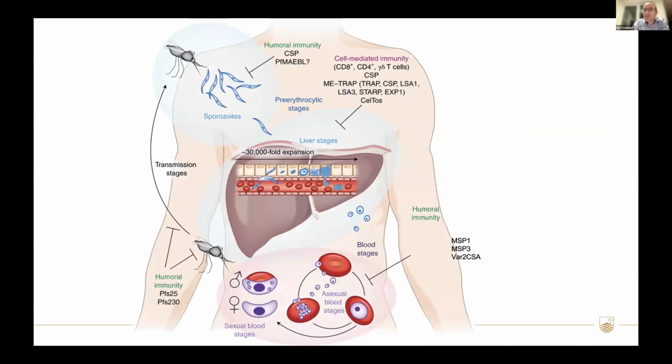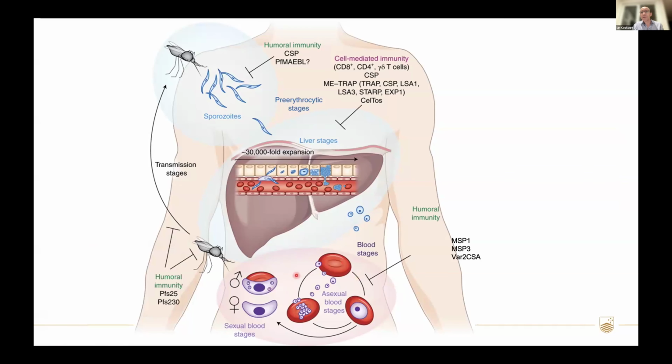My background is actually not really as an immunologist. I'm more of a parasitologist by background. People in my lab would call themselves immunologists. And we work on the malaria parasite, the Plasmodium parasite, which causes the disease malaria. Malaria, the disease, is largely caused by the blood stage,